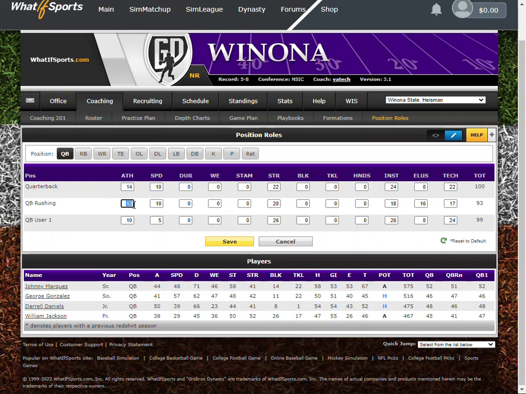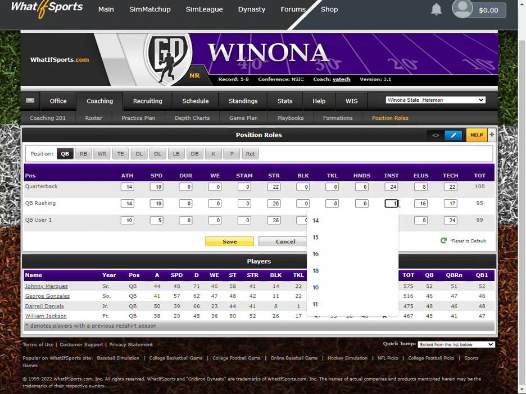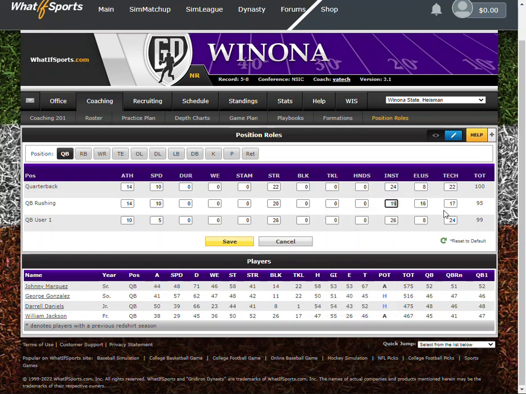Let's say we want to beef up his athleticism. We go to 14. Once you click out of that box, the value to the right changes, so you've got an understanding of where you are and how much you've got left to allocate. Let's take this game instinct to 19, his technique to 19, and let's beef up his strength to 22. Now we're at 100. Okay, let's say that we want to make user number 1